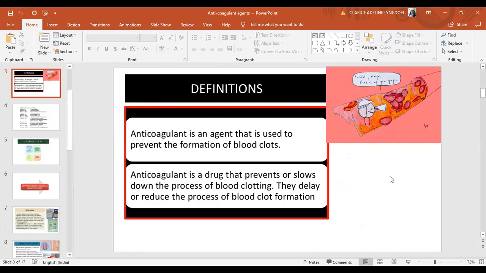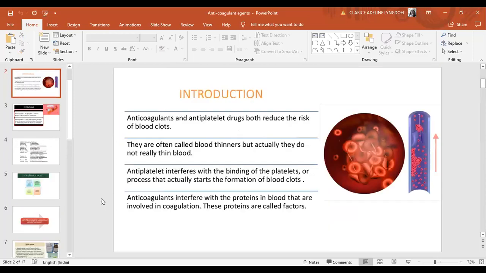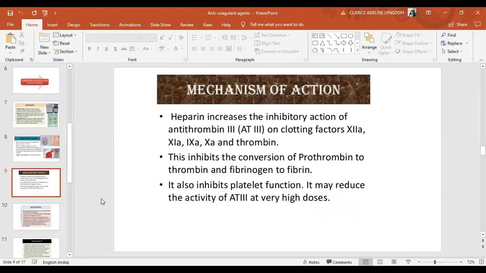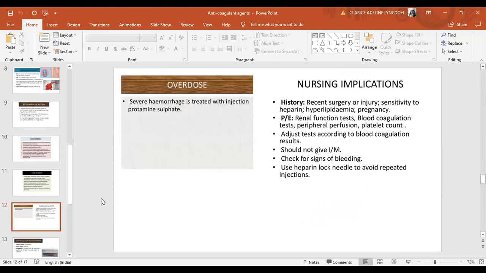So I think I have sent this in the group also. Okay, so I want you all to write in your drug book regarding the injection heparin and injection enoxaparin. You have to write these two medicines in the drug book because these medicines are very important. I hope everyone is reading the drug book.